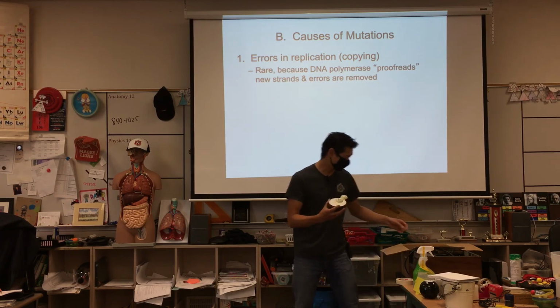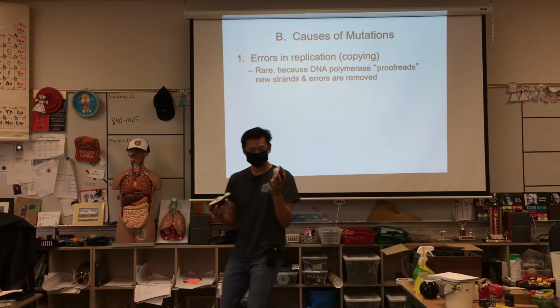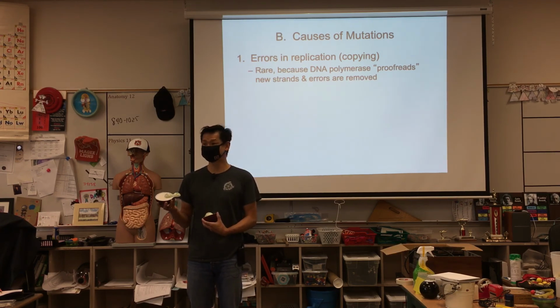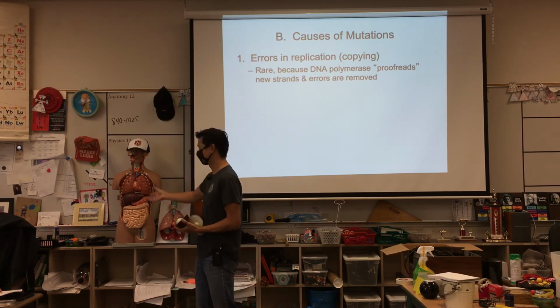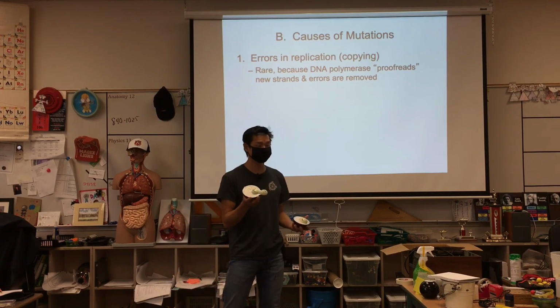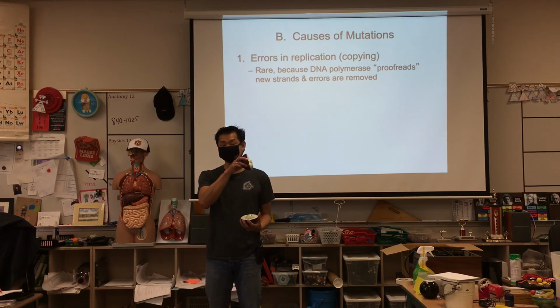So you started off as a single cell, right? From your mom and dad's firm handshake. And then as this fertilized egg was traveling down the fallopian tubes to your mom's uterus, it was dividing. And by the time it reaches your mom's uterus, it was thousands of cells big, right? So it had to divide a whole bunch of times. And it had to copy word for word, letter for letter, the DNA over and over and over again.